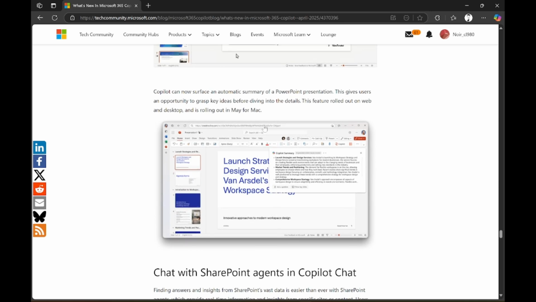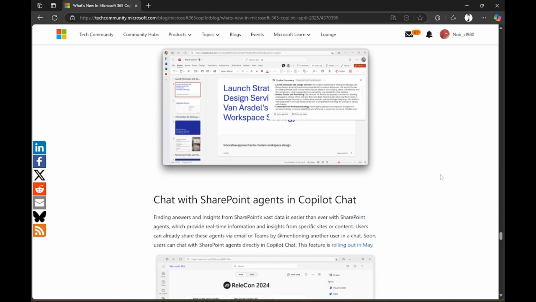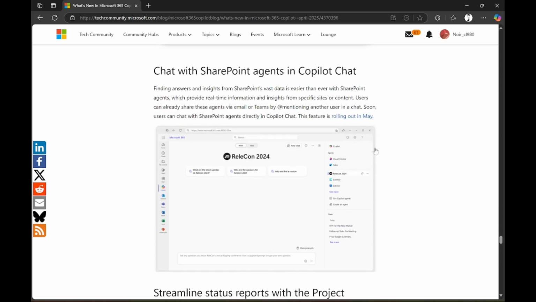And also, Copilot is going to create automatic summaries of your presentations. Just like you can create the audio summaries, this is going to tell you immediately what the presentation is about. And if you think that the summary is not right, that might be an indicator that content in your presentation needs to be reworked. For SharePoint users, if you're not aware of Copilot agents inside SharePoint, they're agents that can